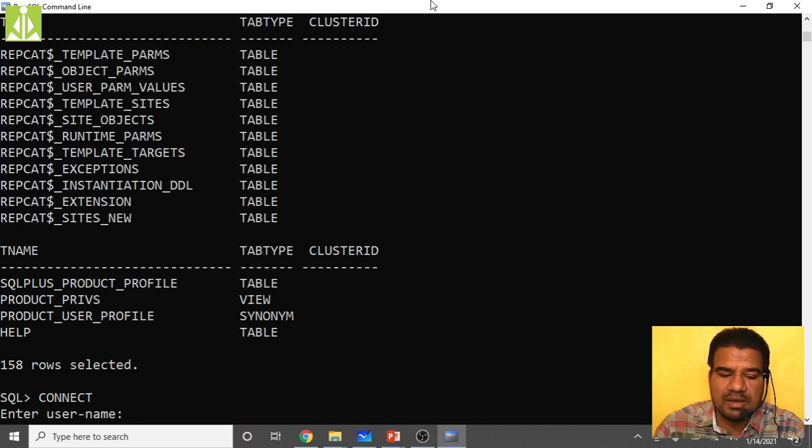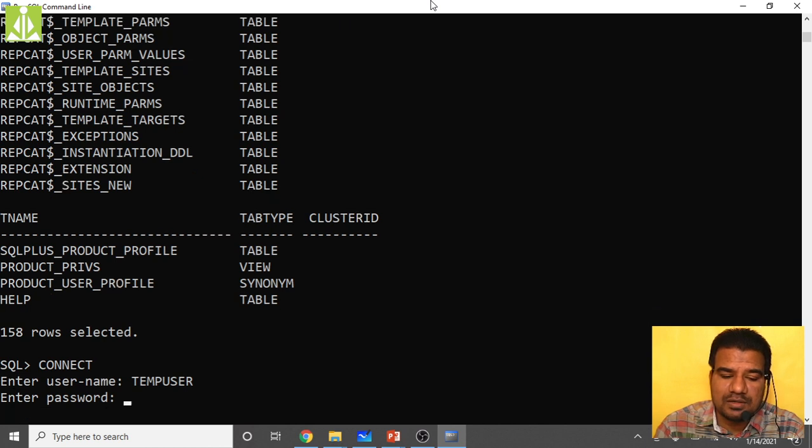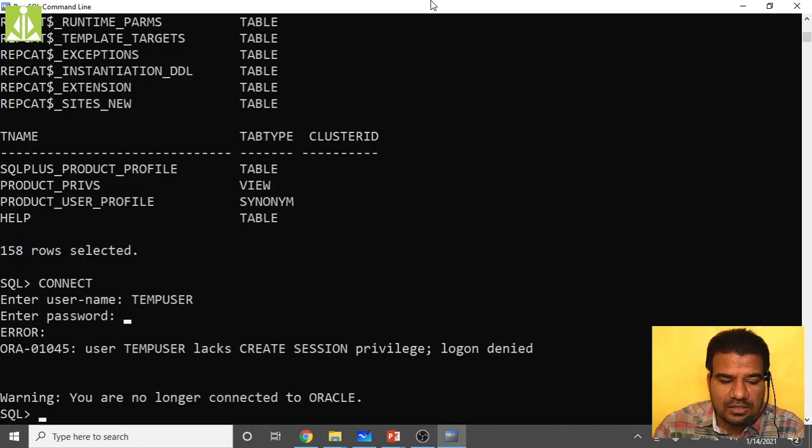Connect. It is asking for my username, that is temp user, and then it will ask me for the password. Temp user. It got connected. Yes, but we have not given the privileges to the temp user, isn't it? So we have to give the privileges.